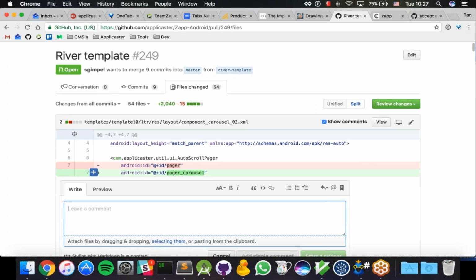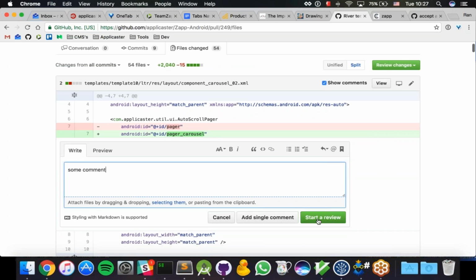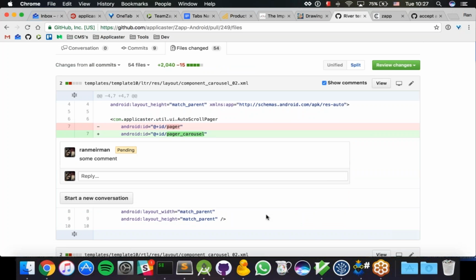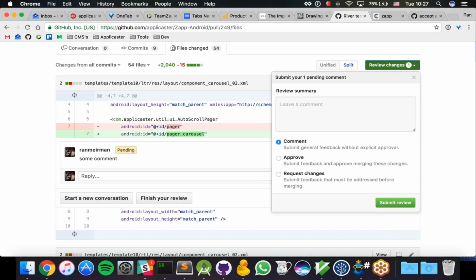Let's say I'm writing down some comment, and then I do start review, and it's pending. After I finish reviewing everything, I can leave a general comment and submit the review. The two options I have are either request changes, which is what needs to be done, or approve. Once I mark it as approved,